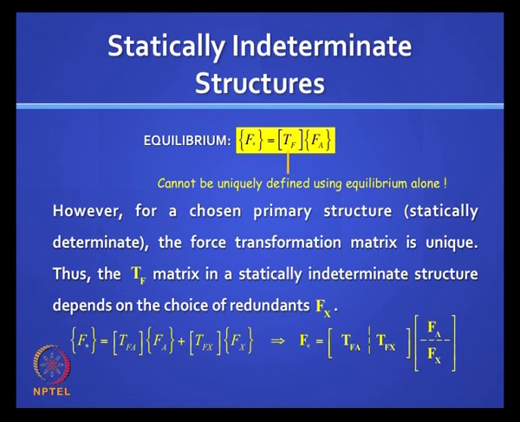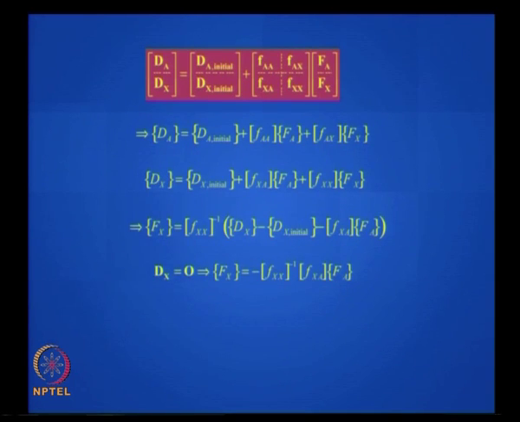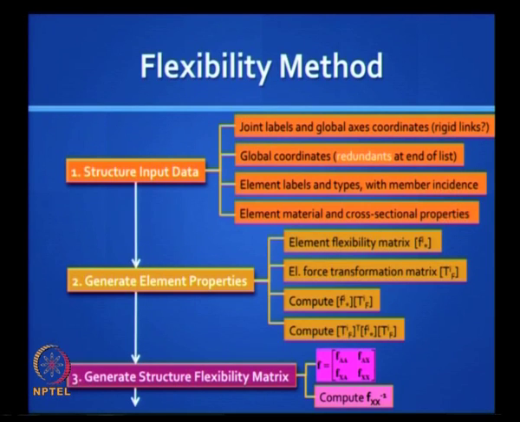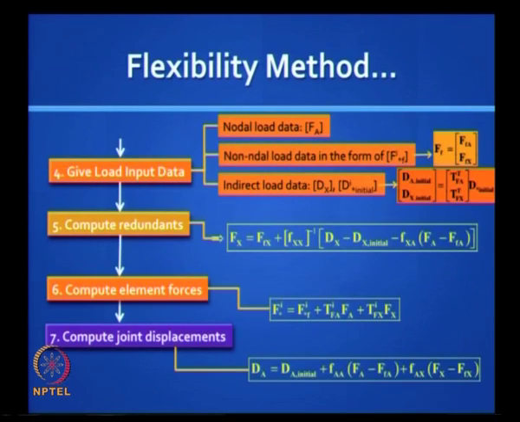Now I say TFA and TFX, I partition it. TFA refers to that part which is dealing with the loads on the primary structure, and TFX is that which deals with the unknown redundants, okay, and you can do it at the individual element level or you can take the combined level, right. So you can write down these equations, they are compatibility equations, we will study them in great depth. I just want to rush through it because this is just a road map, and you can write down the procedure just as we wrote the procedure earlier for the flexibility method.